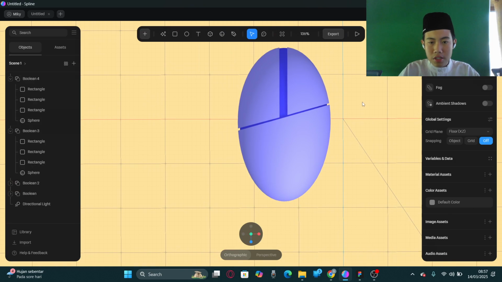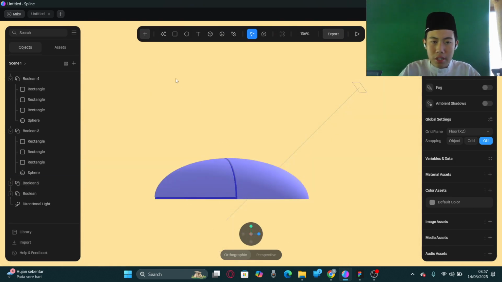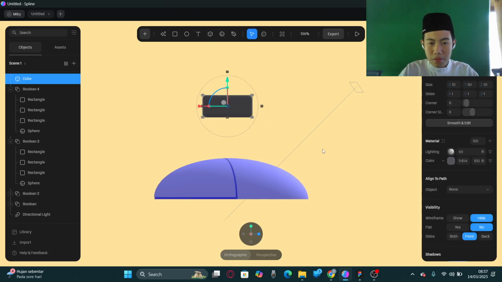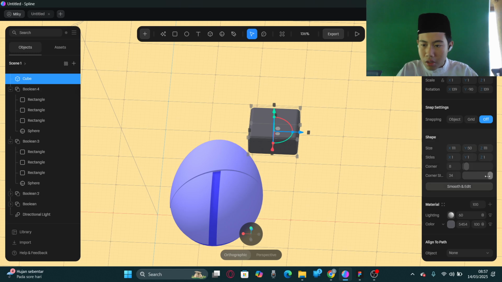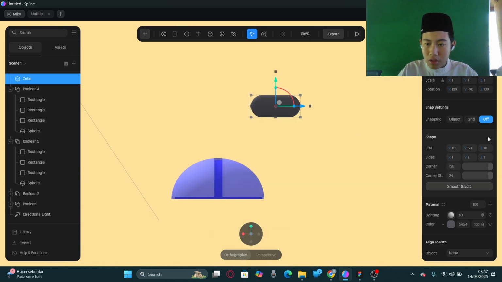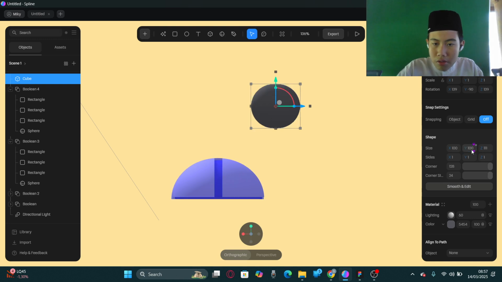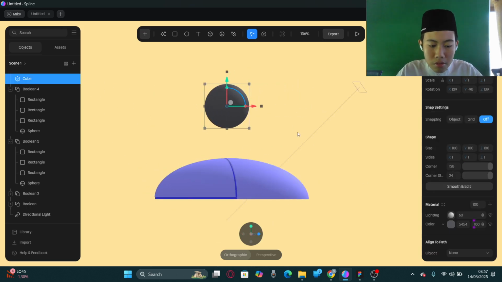Now we'll make the scroll button. Well, to make the scroll button is quite easy actually. You can add a cube over here. If I'm correct, I think I'll experiment for a bit. I will want to size the cube to 100 by 100 by 100. There you go. Now it's a cylinder, as you can see. Since it's a sphere,